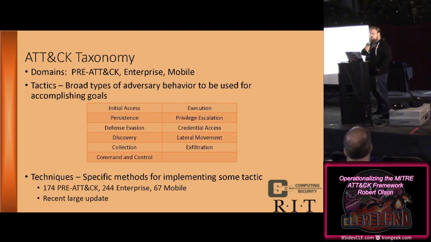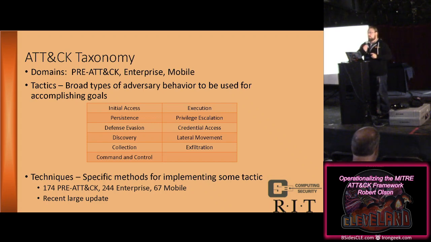So the way that they approach this is by taking these techniques and grouping them into categories. A technique is a specific adversarial behavior, and they group them into broad categories called tactics, and then associate the technical data with techniques. Tactics are broad goals. MITRE has 11 of these broad goals: initial access, execution, persistence, privilege escalation, etc. Kind of things that you normally do in an assessment. And then they have a bunch of techniques. So